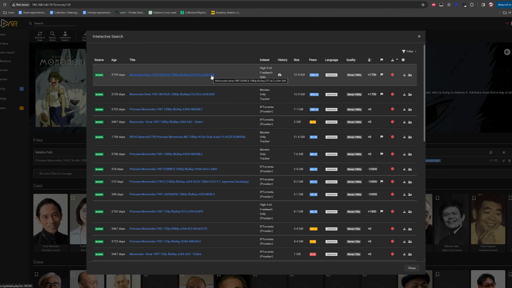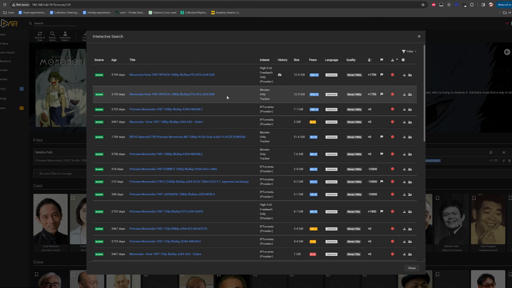Notice how it will grab the Freeleech from the high-end site. Whereas on the movies only tracker, it's the same release. But it will not grab it from here. And that's kind of the benefit of why I separated it out. If I didn't, imagine if I was trying to keep my ratio, I was being more careful about the high-end one that I'm, you know, in terms of what I'm grabbing on it. Then the high-end one would be below movies only tracker, and then all of a sudden movies, just because movies only tracker have more buffer in, I'm neglecting the high-end Freeleech only stuff. So that's where I split it out. And I think everyone should do something like this because it's smart.